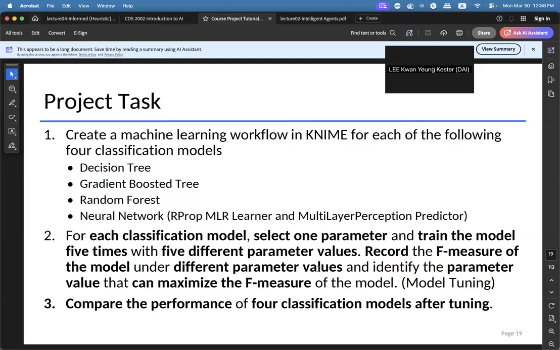Okay, but the issue here is that different algorithms will behave differently with different data sets. So as a result, you will want to tune the parameters of the algorithm such that you can create a better model using the same algorithm.